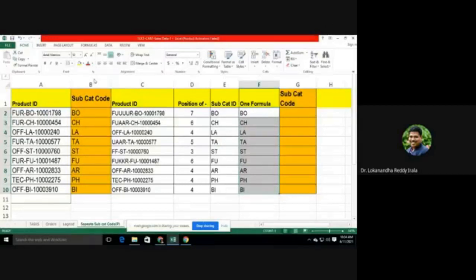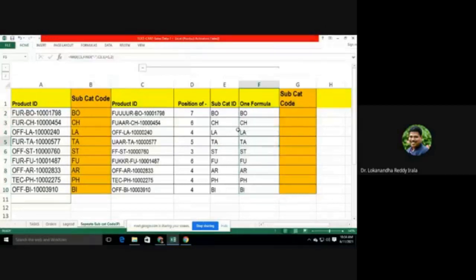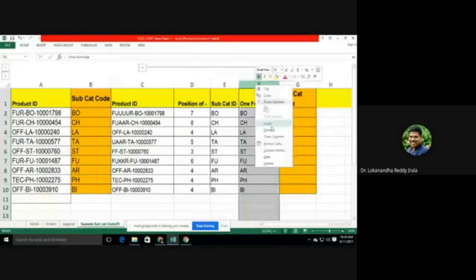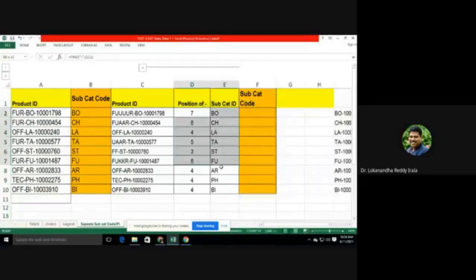So what we're actually trying to do, we first pick up the position of hyphen. So how do you do? Is equal to FIND. Find what? Find hyphen, within the text.